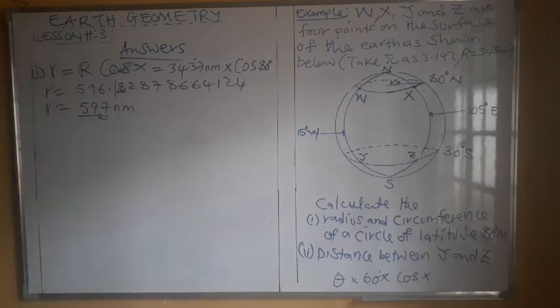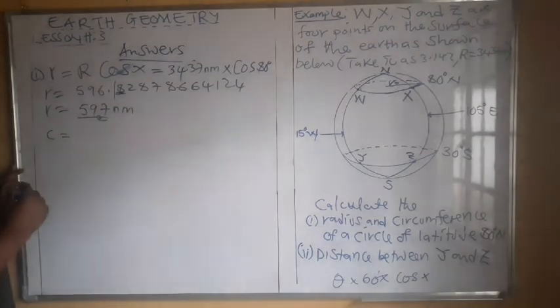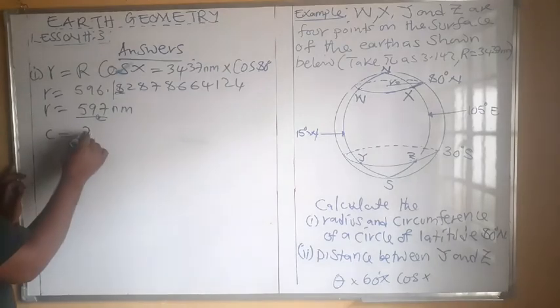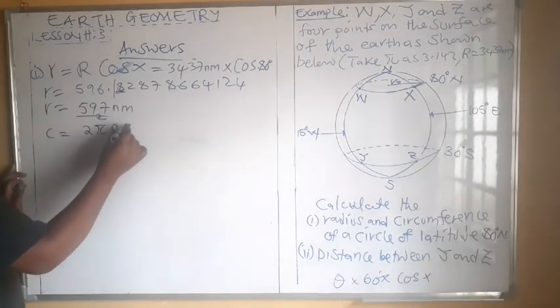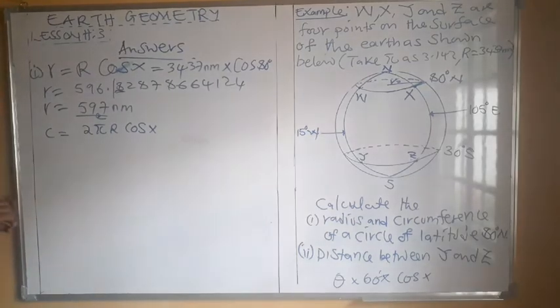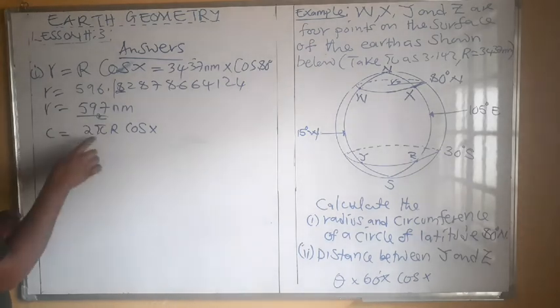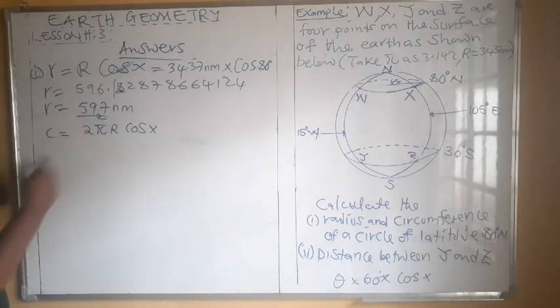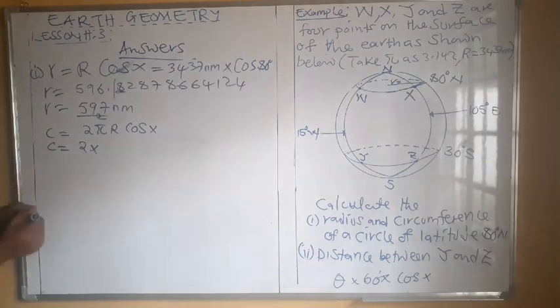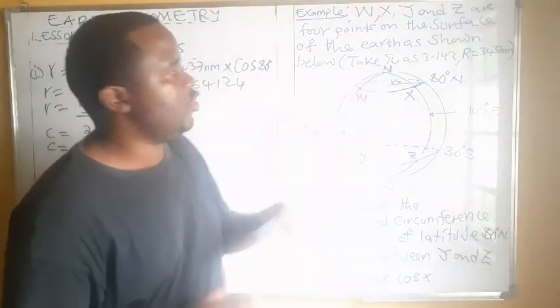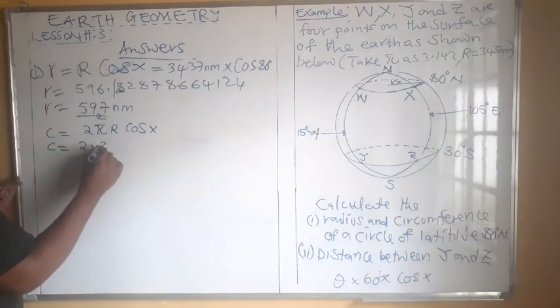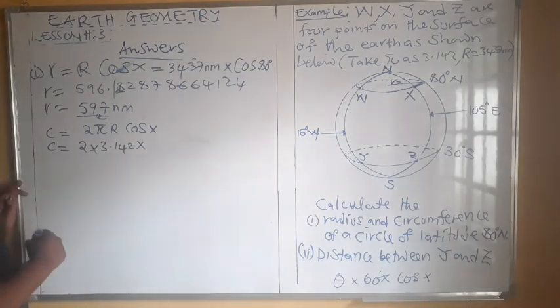In this case, that is the radius of that circle. If I want to find the circumference, circumference is equal to 2 pi r cos x. If you want, you can just multiply this by 2 pi, or you can rewrite it, so that you don't have a problem. So circumference is equal to 2 times pi. Our pi has been given to be 3.142. That's what we are going to take. So 3.142 times our radius is